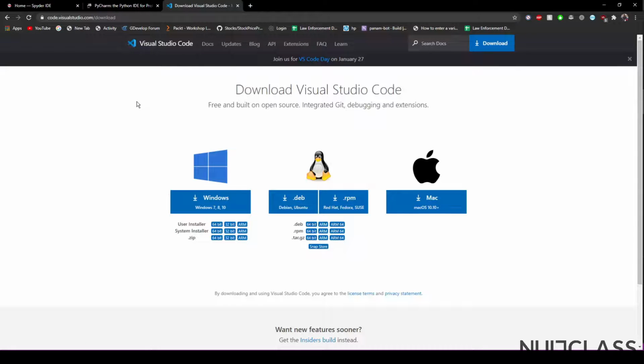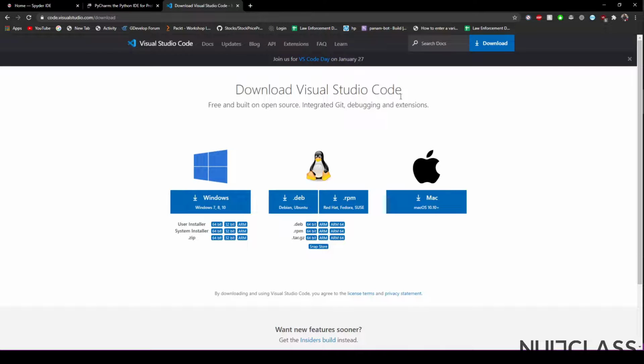Now the reason we are going to use, and I recommend you to use, VS Code is that first, this is a very light software, so it requires very low space in the system and it runs smoothly most of the time. The second reason is that this is an open source software, so it has a large community around it and it has development done daily. So if you encounter a problem or an issue in VS Code, there is a high chance that somebody has already encountered that error and someone has solved it already.